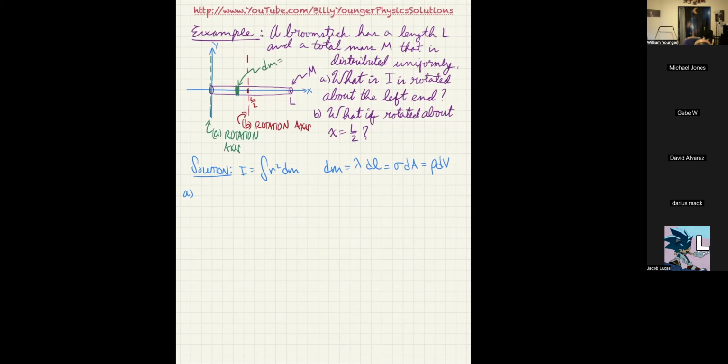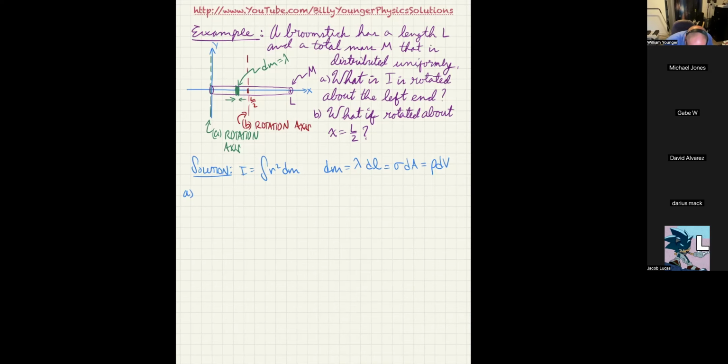And of course, it's a one-dimensional broomstick because basically the radius of the broomstick is way smaller than the length of the broomstick. So the vertical dimension, which is the diameter, and the in and out dimension, which is also the diameter, they're both very, very small compared to the length. So we're treating it like it's a one-dimensional object because the vertical measurement and the in and out measurement are insignificantly small. With that in mind, I'm going to say dm is equal to lambda times dl,